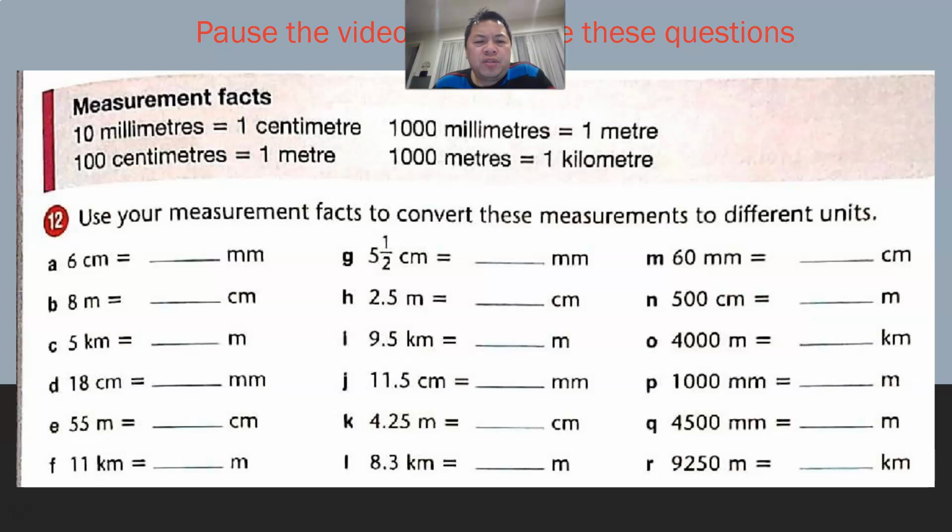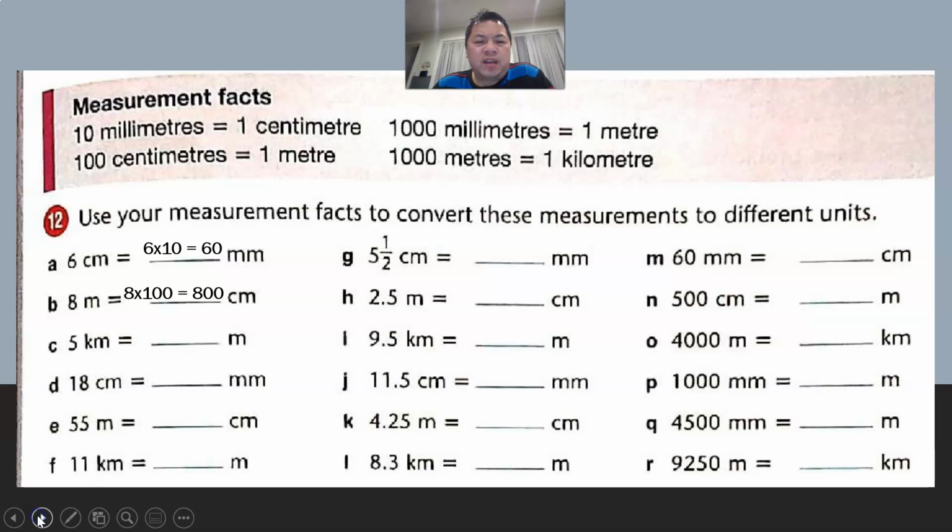So this is just a simple conversion. 6 cm to mm is 60 mm, 8 meters to cm is 800 cm, 5 km to meters is 5000 meters, 18 cm to mm is 180 mm, 55 meters is actually 5500 cm, 11 km is 11,000 meters,